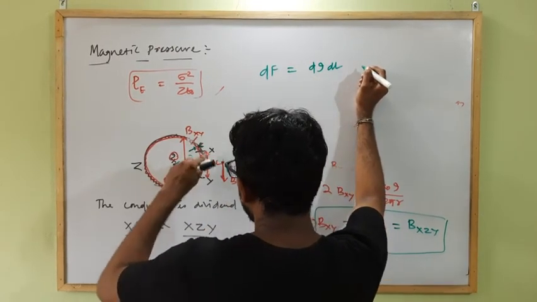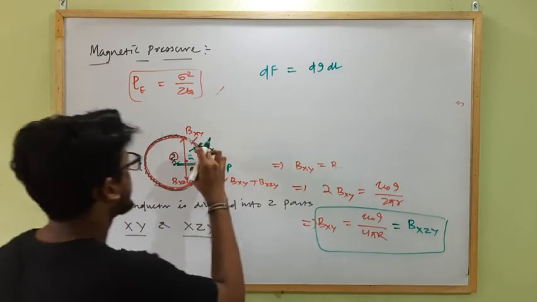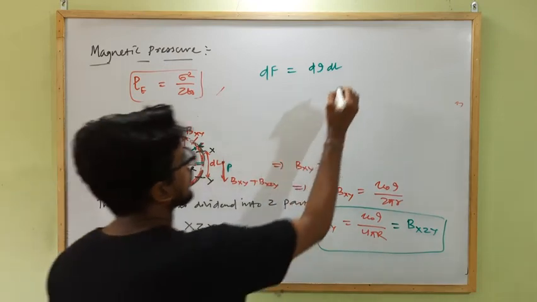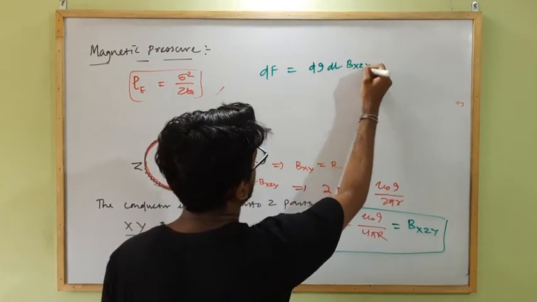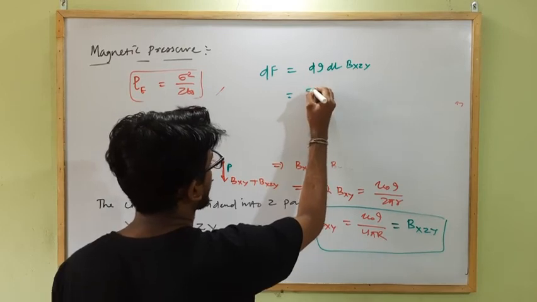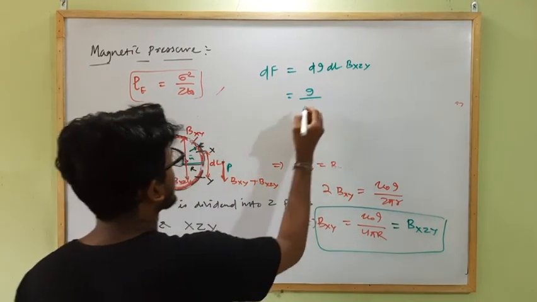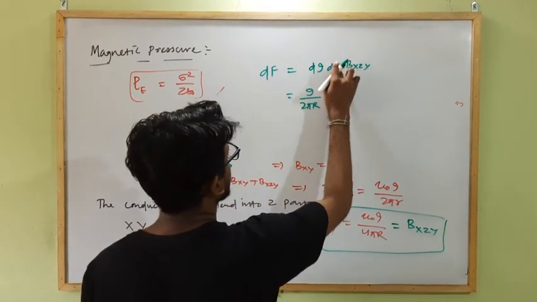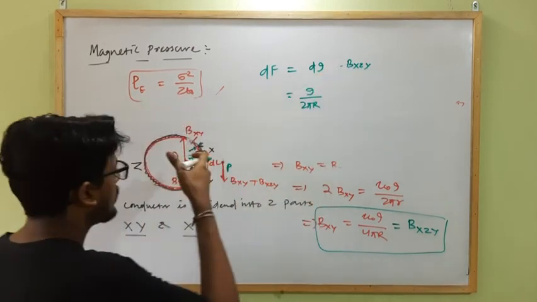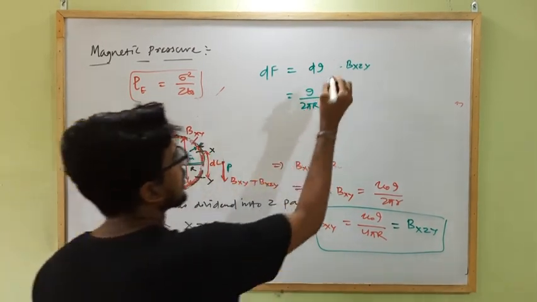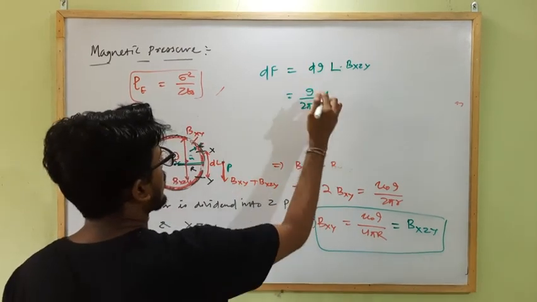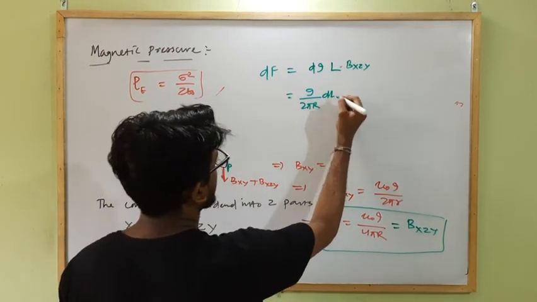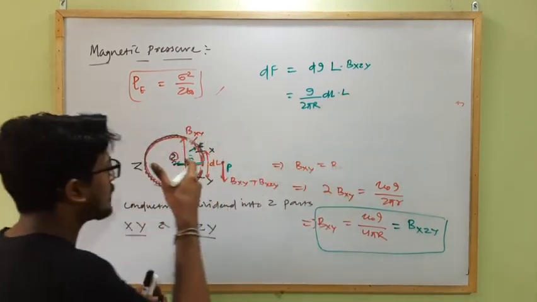into the what? The magnetic field present over here due to this remaining portion, B of xzy. So what is the di? Di will be the total amount of current divided by the total length, that is 2 pi r, into, let it be, length L. Length means the total length which is into the plane, that is L, and di will be into dl, or sorry, here it will be dl, so this is dl into L. L is the length that is into the plane.